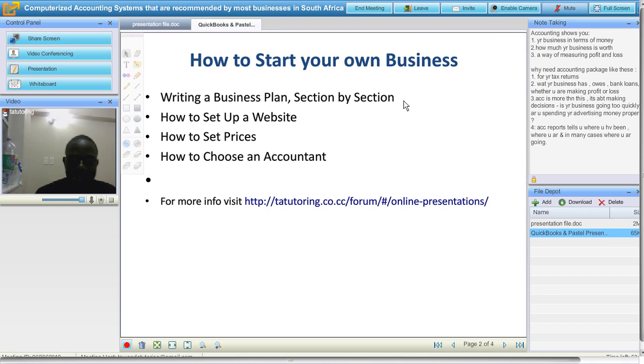Writing a business plan is one thing that every business needs. It shows that you have direction. You need to choose what kind of industry you want to venture in. How are your marketing strategies? How are you going to approach the industry? The industry that you want to approach already has other participants.